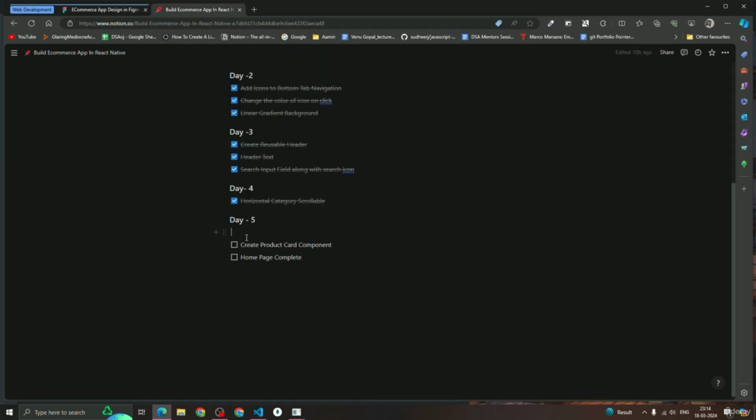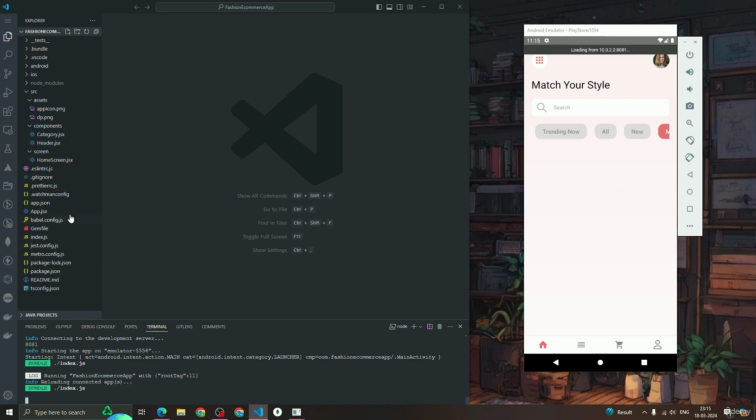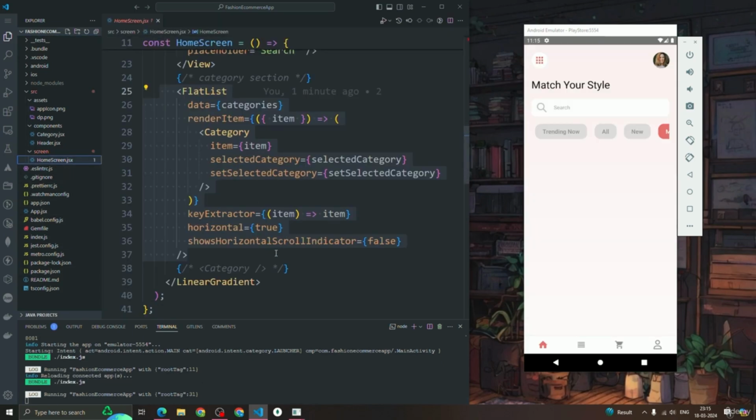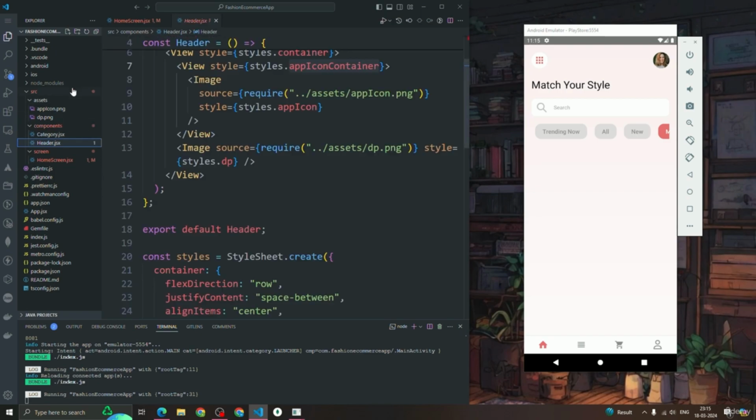So basically, what we are targeting today on day 5 is to create a product card component and wrap up the home page completely. Let's try to see how we can do it. First, if I go to the home screen, we are showing this categories component. Now we're going to have the next thing, called the product component, the product list. First of all, let's create one component named product